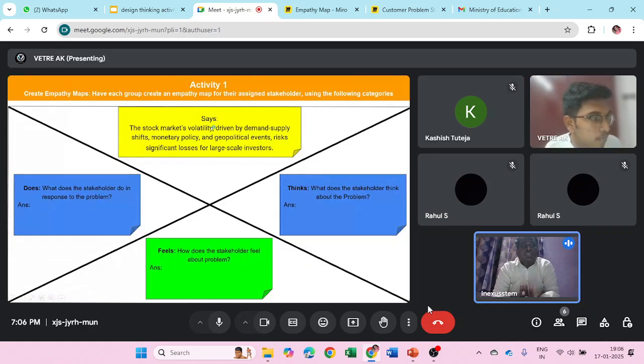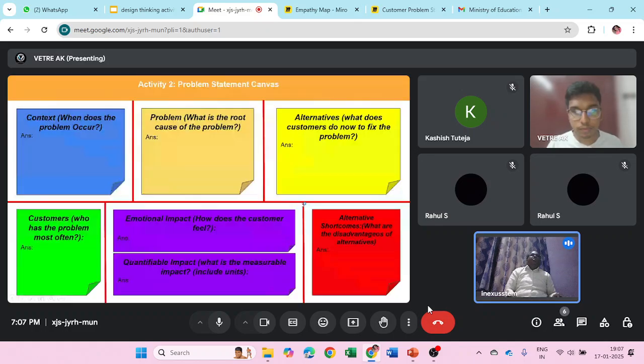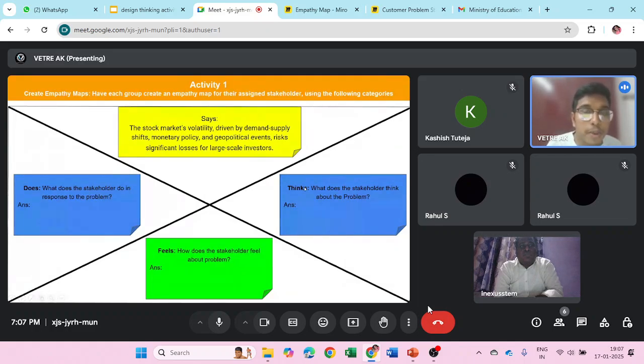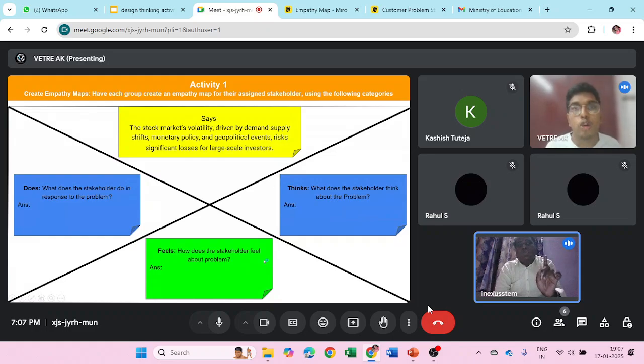This is said by your customer, the stakeholder. So this is not a problem statement. After they tell you, you may think on that, you feel on that, and you decide what they are doing for that problem. Likewise, you may get this empathy map. Okay. But in the think column, we don't know whether we have to put it from the customer's perspective or as an app developer's perspective, sir. Customer perspective. What they think about the problem. Okay, sir.